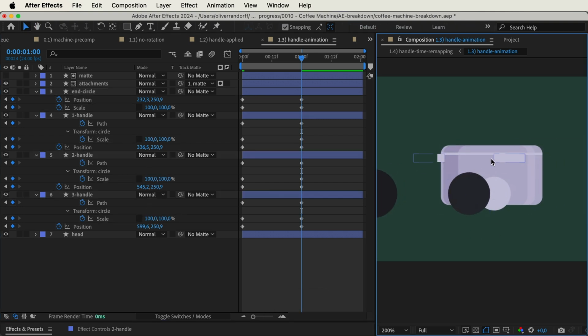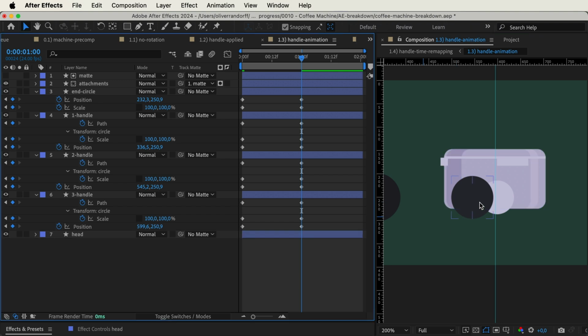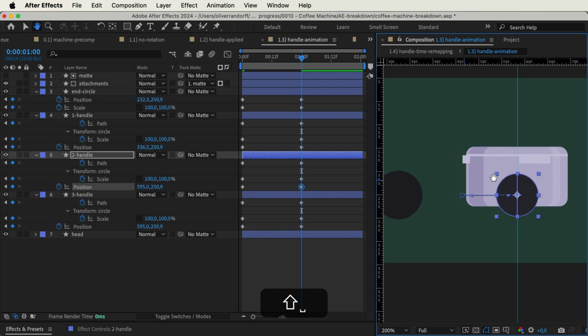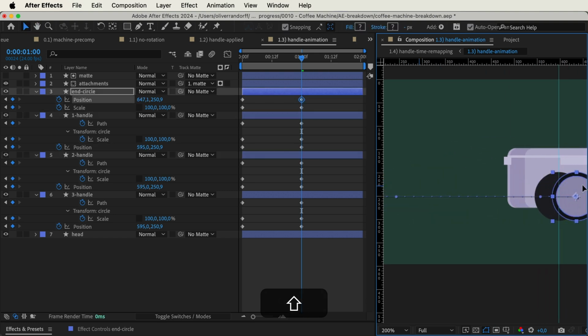Now we need a guide, so we actually position these in the center, and we can start out by selecting the basket, pressing Command and Control R to get the ruler, and we can just drag a guide out and get that straight in the center. This way we can line up the first circle here, so it should snap straight to it. Select the next one, make it snap, and just repeat this process for all of the different circles.